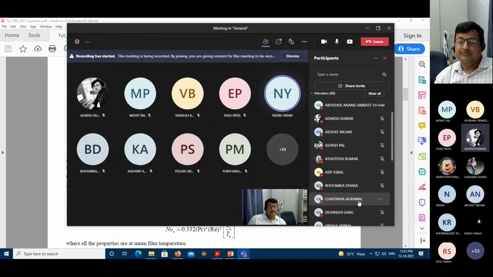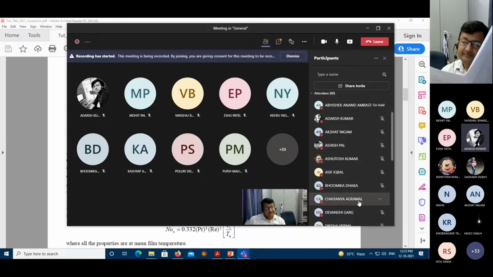So the first question: significance of film temperature. The film temperature decides what will be the film temperature. Why is that? So 99 degrees centigrade is given. It is an average between the 100 and 98, correct? The film temperature is an average between 100 and 98, right? So all the physical properties of the film you are deciding at 99.